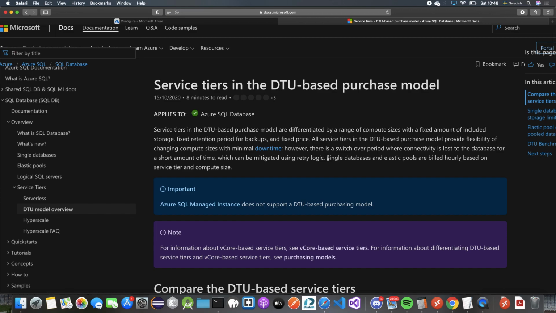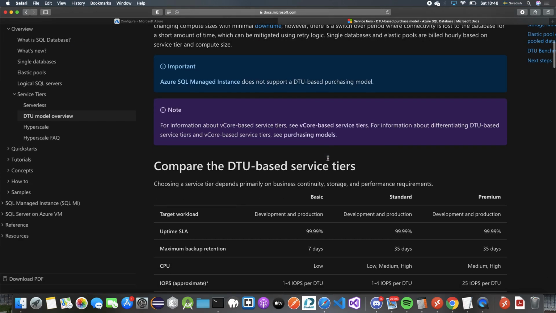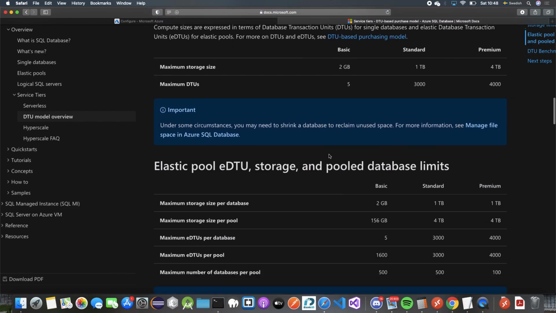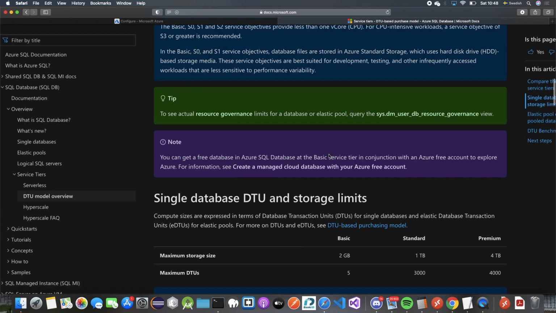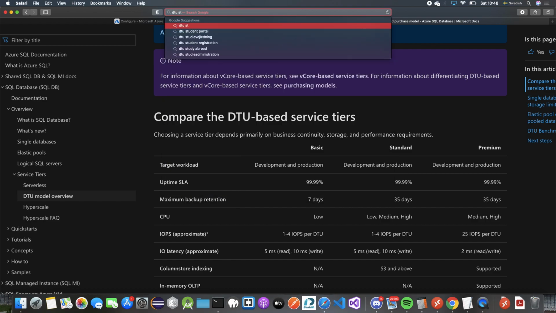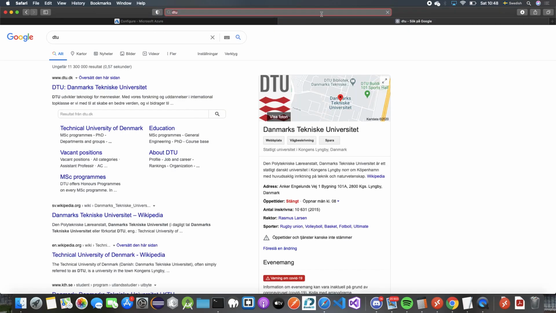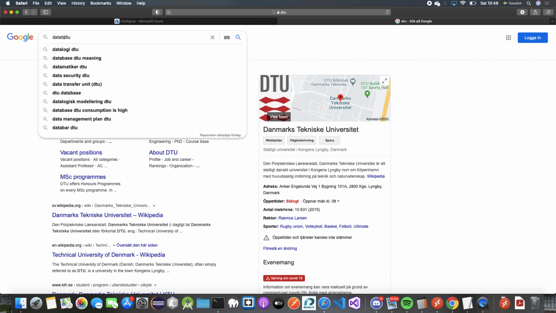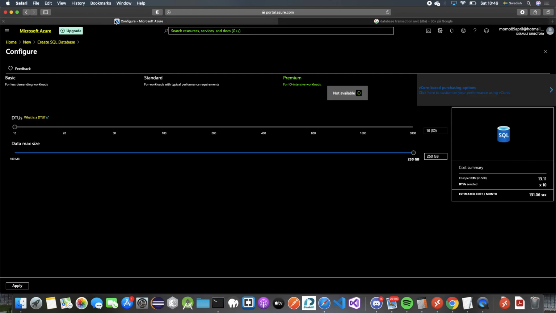However, there is a switch period. Okay, this is too much jargon, honestly. Single database DTU. Okay, let's quickly see what DTU stands for. Okay, Denmark Teknisk University. If we say database DTU, database transaction unit,